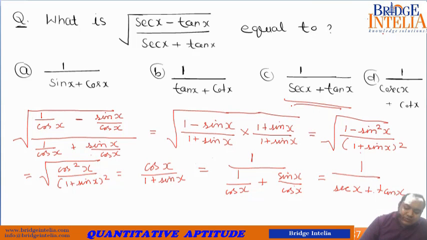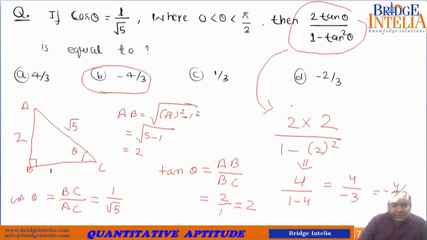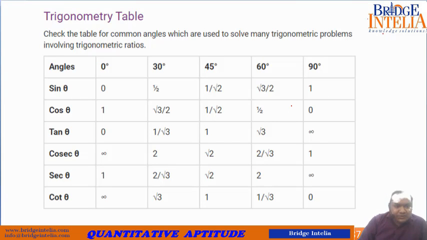Now let's move to the second pattern of questions. This second pattern of questions is based on the knowledge of the trigonometric table. These are certain standard angles. What you see before you: 0 degree, 30 degree, 45 degree, 60 degree and 90 degree. Ideally, a student is advised to learn the standard values. These values have been pre-calculated by mathematicians, so you have to simply mug up, you have to simply remember this table.